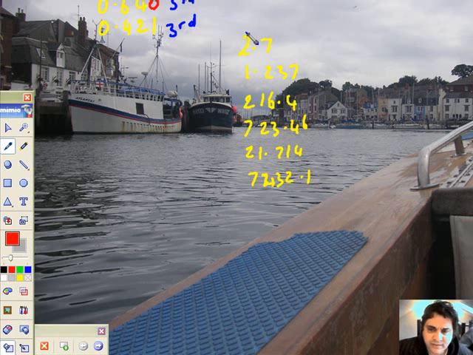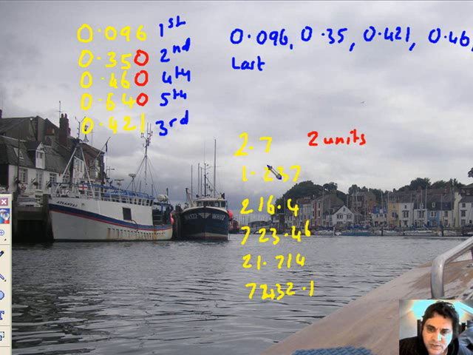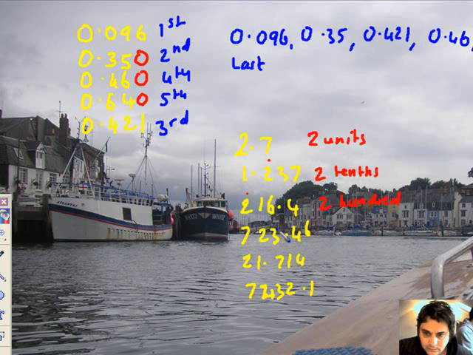Right then, what's the value of the 2? 2 units. Right, we're in the units column. What's the value of the 2? Well, we're in the first place after the decimal point, so that's 2 tenths. And what's the value of the 2 there? We'll just say the number, 216, 200. What's the value of the 2 there? And listen to yourself speak,